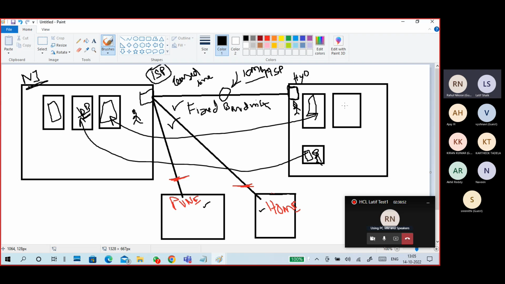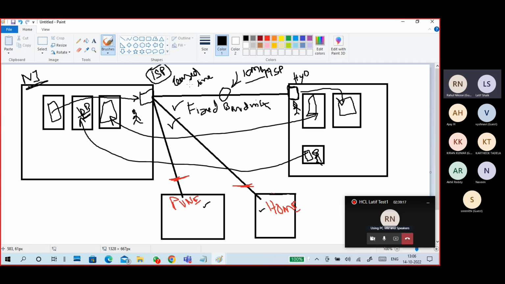The corresponding application, their related database application or front end application, is running in another place. Both will be connected through this leased line, so these leased lines become very important.